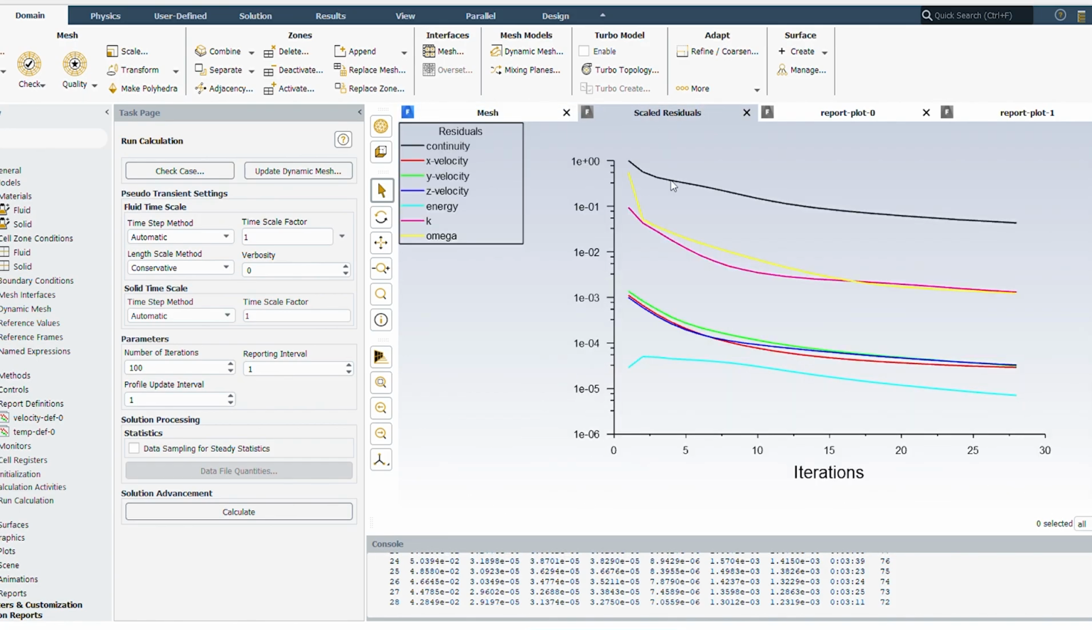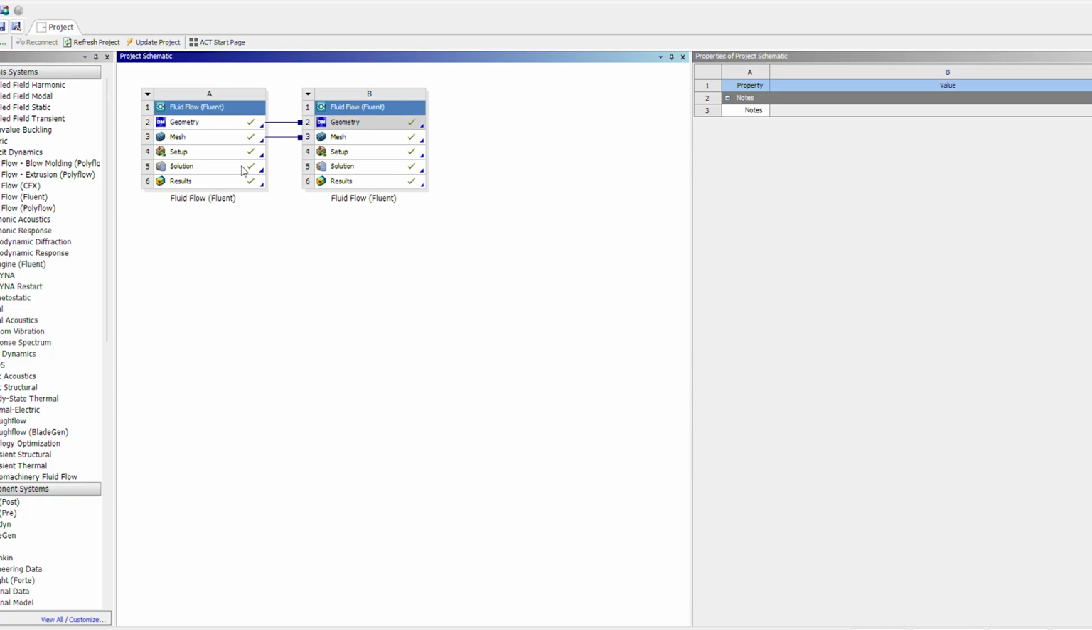So after all that is done, as you can see here, there are 2 fluid flows. Our fluid flow A is for the steel material, while our fluid flow B is for our titanium material. Now that we're done with our simulation, we can check the results and do a comparative study